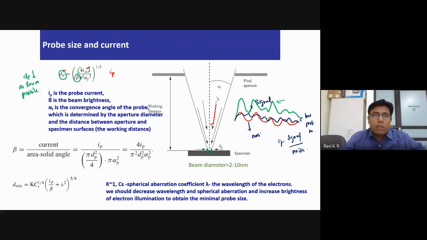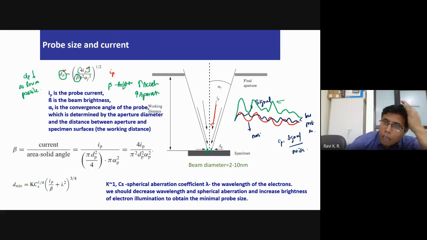You cannot vary it too much, but by increasing the acceleration voltage, you can increase the brightness. It can be improved by accelerating voltage and by having a bigger aperture, which means the convergence angle should be more. Because when you have a bigger and bigger aperture, more light can come. But again, this can induce aberrations also. So these are very complex phenomena. It is all interconnected.